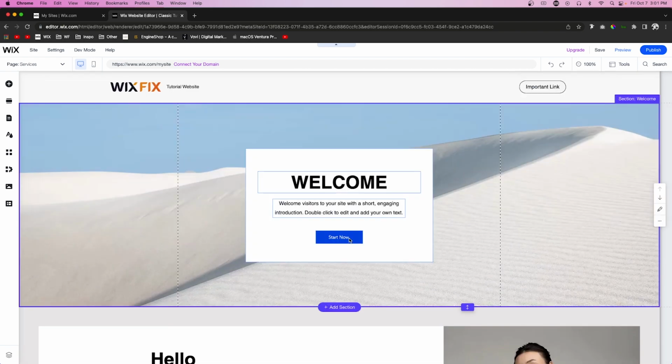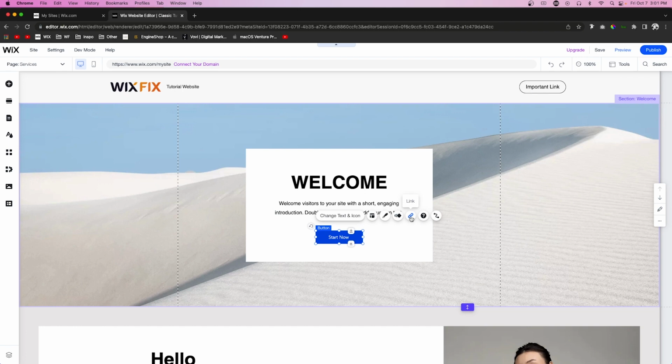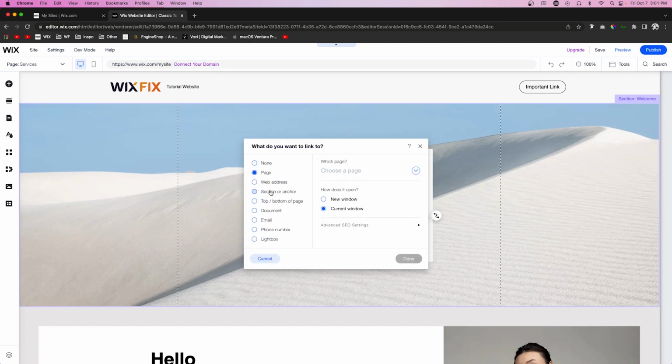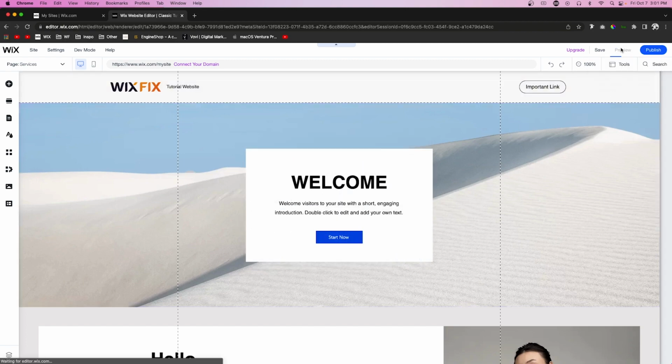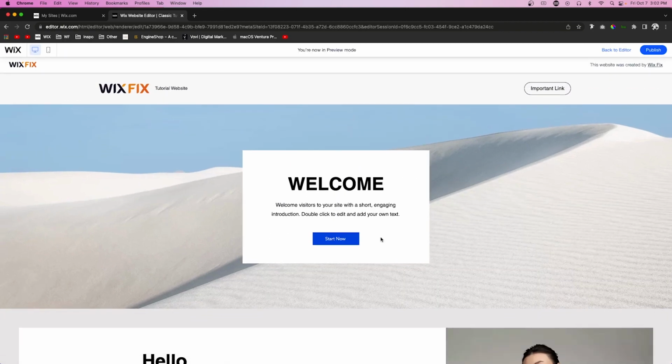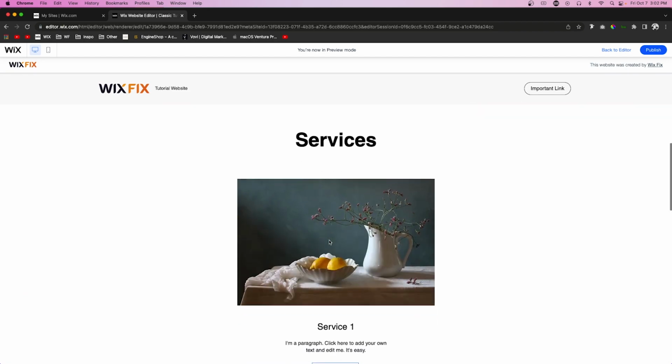So if we come back over here to the top, we can easily just link this to the anchor, which is a section anchor, and we want this to link to the services section that we just created, and we'll press done. So now when I press preview and I click start now, it's going to immediately take us down